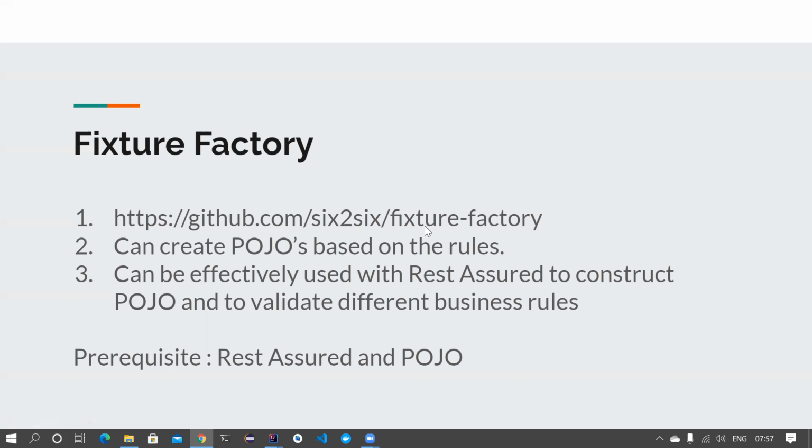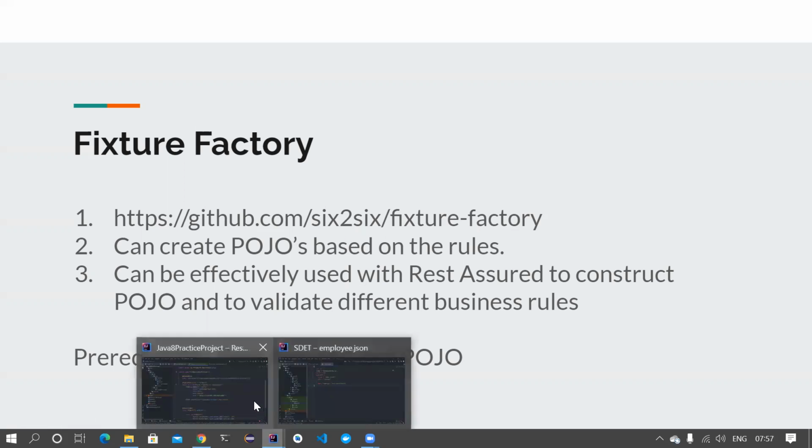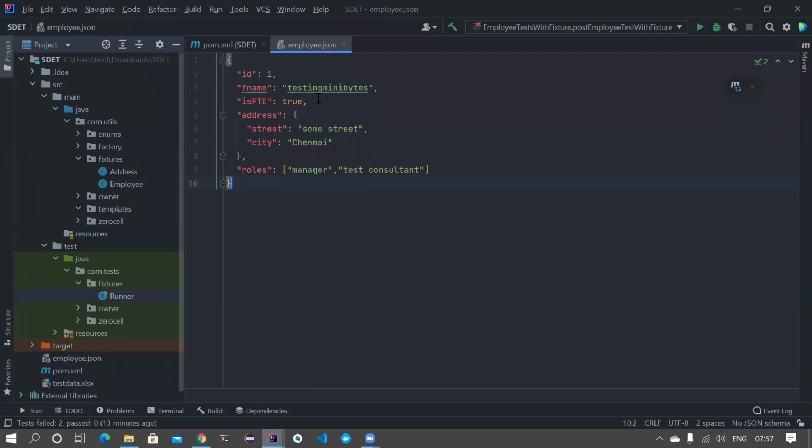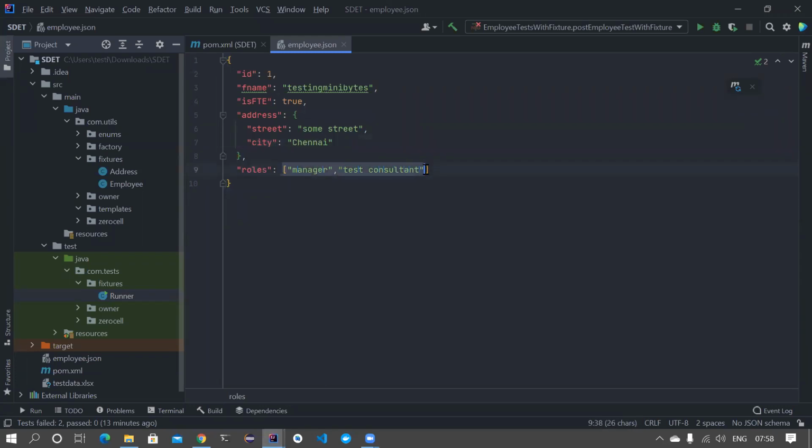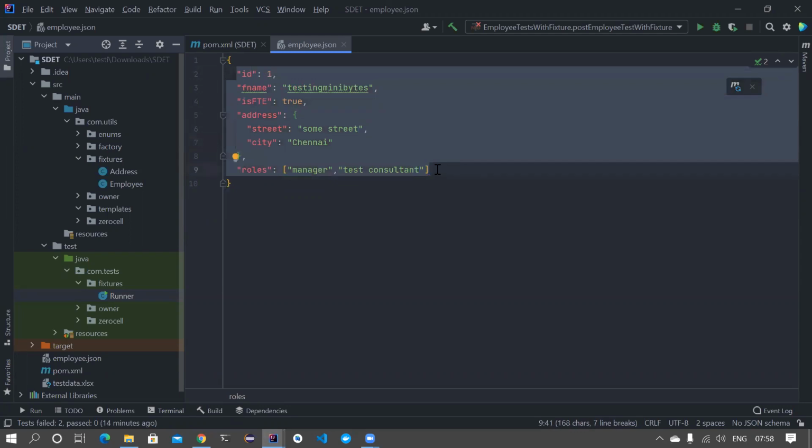So without wasting much time, let's get into IntelliJ and understand with a real-time example. If you notice, this is the employee.json that I have thought about. It has an ID as an integer, first name as a string value, is full-time employee as a boolean of true and false, and I have an address field which is a JSON object containing street and city, both string types, and I also have roles, which is a list of strings. So basically, we call it a JSON array. So I have almost covered all the JSON entities here. It's a very simple JSON.